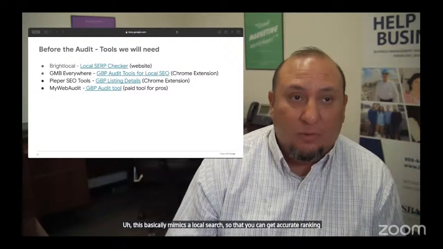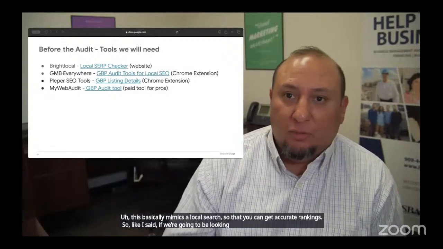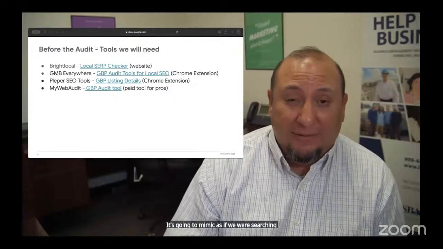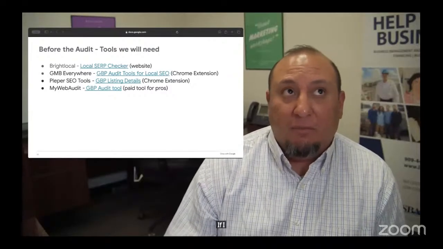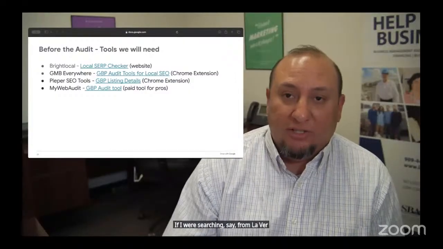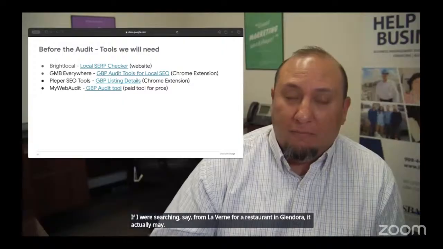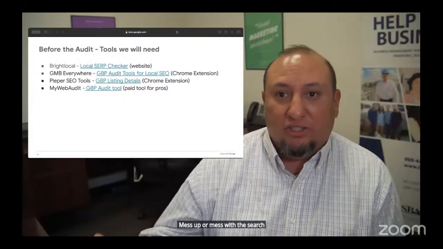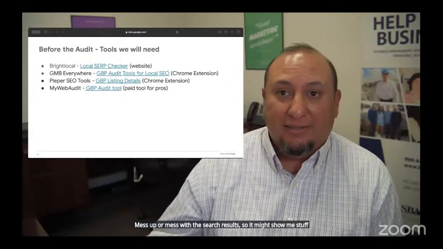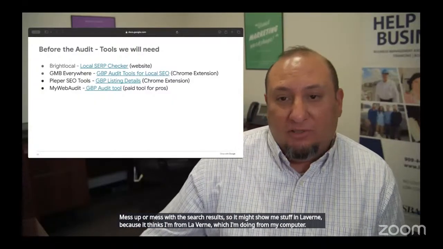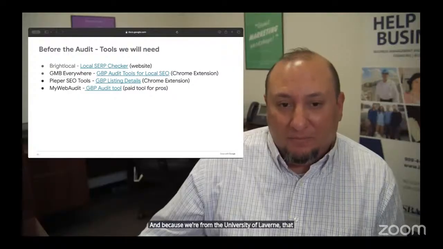Like I said, if we're looking for a restaurant in Glendora, it's going to mimic as if we were searching from Glendora, the city. If I were searching from Verne for a restaurant in Glendora, it may mess with the search results. It might show me stuff in Verne because it thinks I'm from Verne, which, if I'm doing it from my computer, and because we're from the University of Verne, will actually happen.